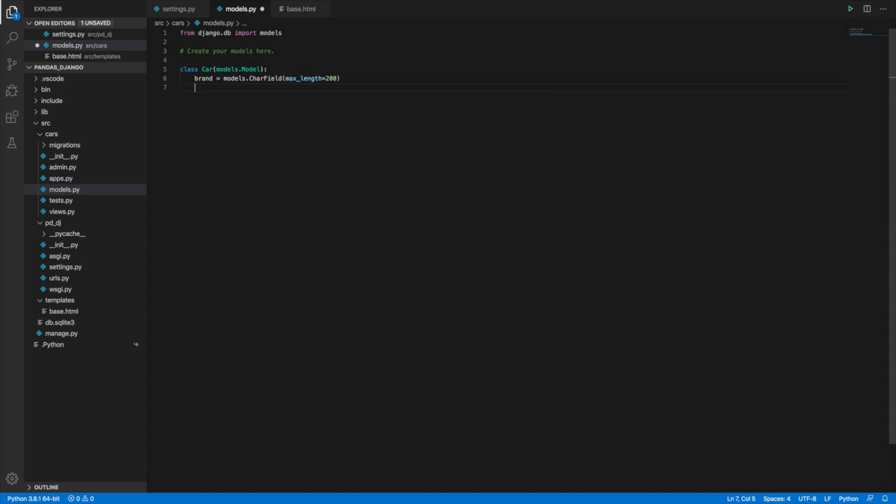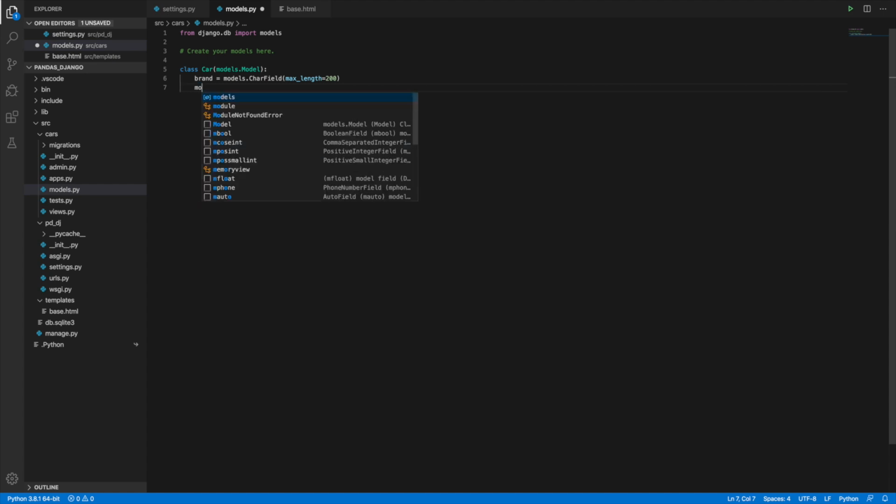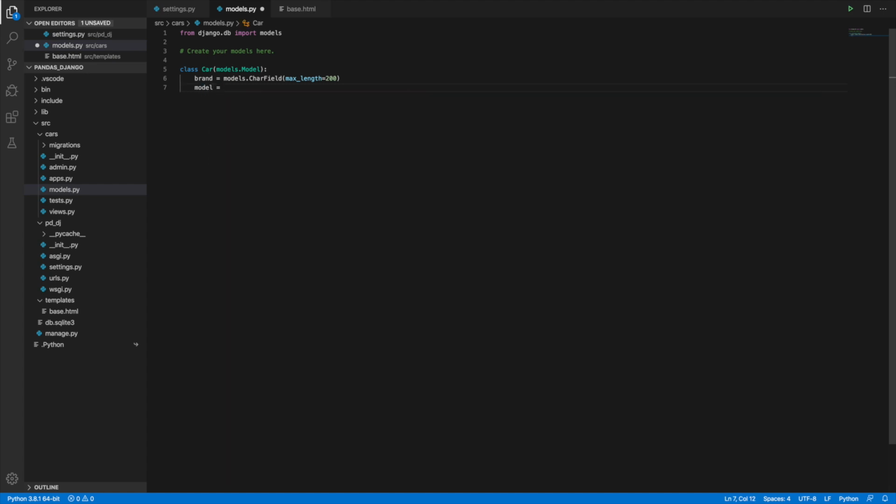After the brand maybe we would like to have the model, so again models.CharField with the max length of 200, and then maybe the max speed,